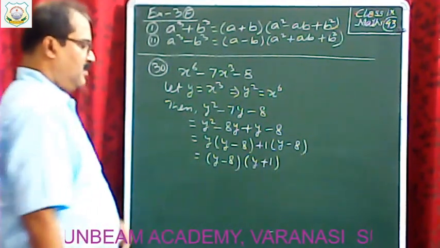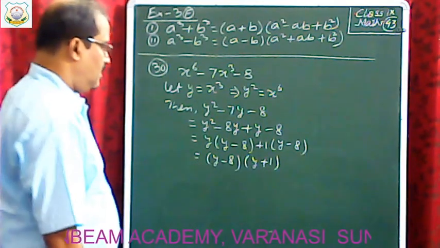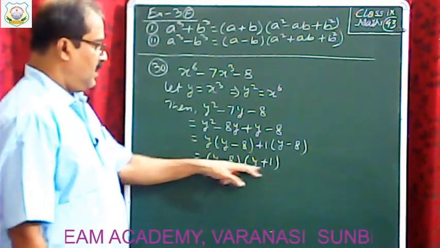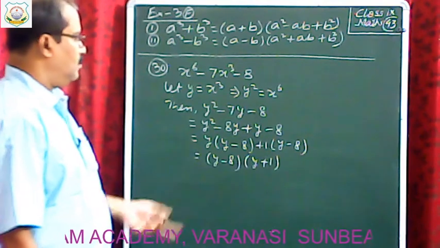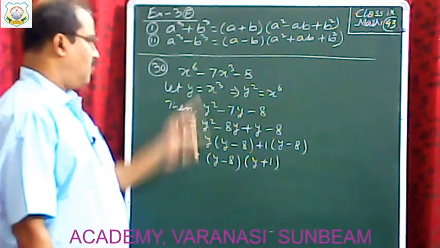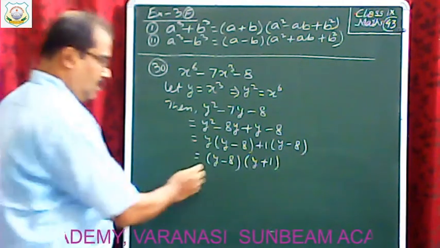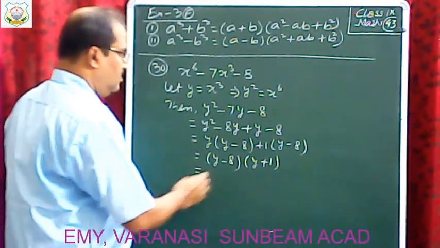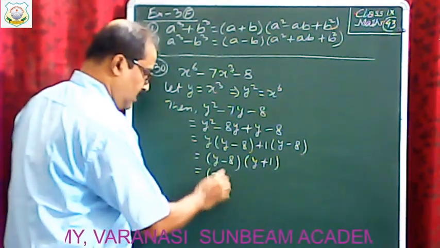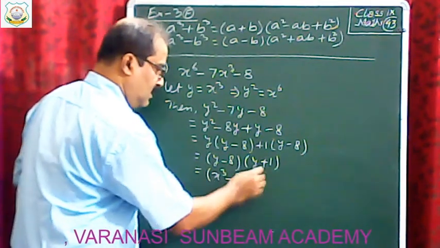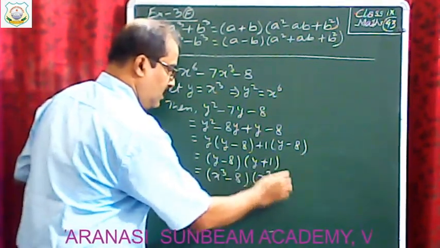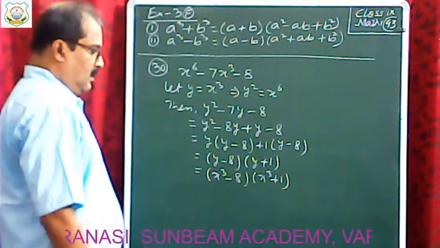In both the brackets you have y minus 8, y plus 1. Now you have to decode. Decode means y equal to x cube. Substitute in both the brackets y equal to x cube. So x cube minus 8, x cube plus 1. Now thereafter,